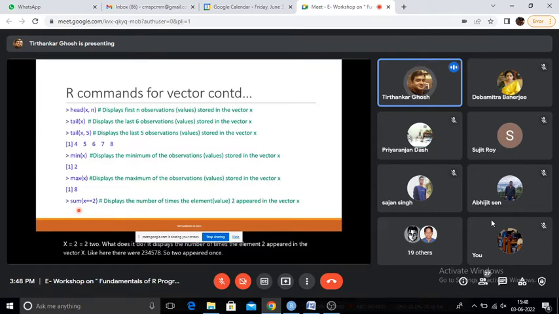If the data set is very long and we cannot view it, then we have to get things like this, how many times this value has occurred. So we can write sum(x == 2), and it returns the value 1. That is, the value 2 occurs one time in the vector x.